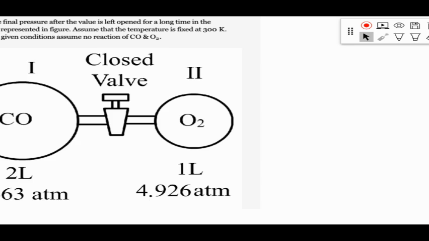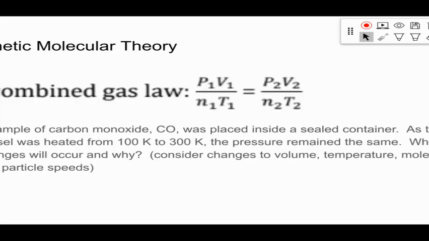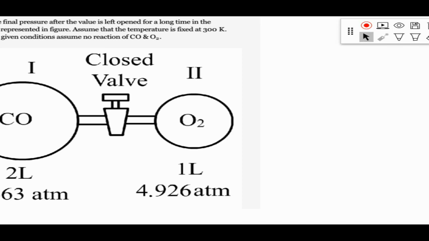So it's like what we saw a minute ago on this other example where it said in a sealed container. These are sealed containers, so gas cannot escape. So the moles would stay the same, so we don't need to incorporate them. So we're going to first solve for the carbon monoxide, and then we're going to solve for our oxygen, and then we're going to combine them to figure out what that final pressure is. So we're going to be using the equation,